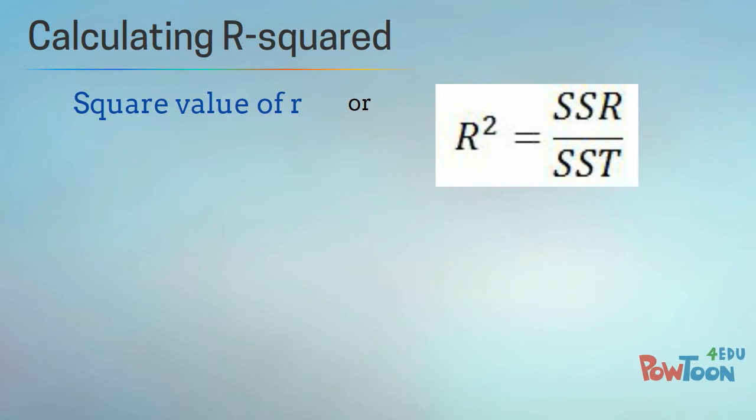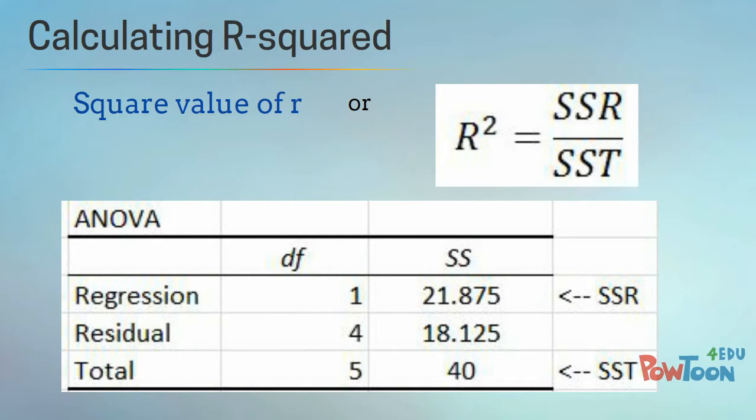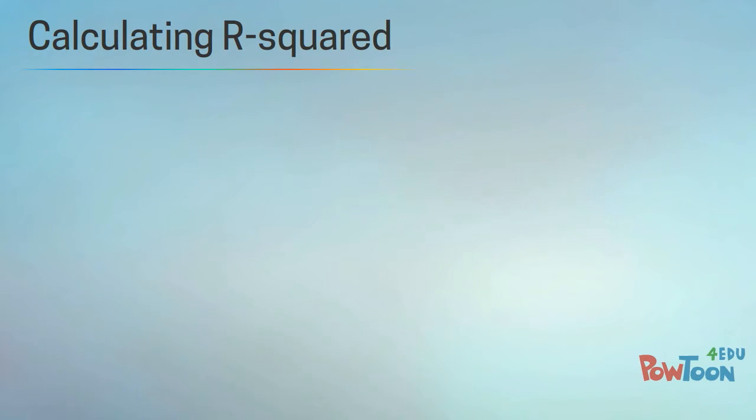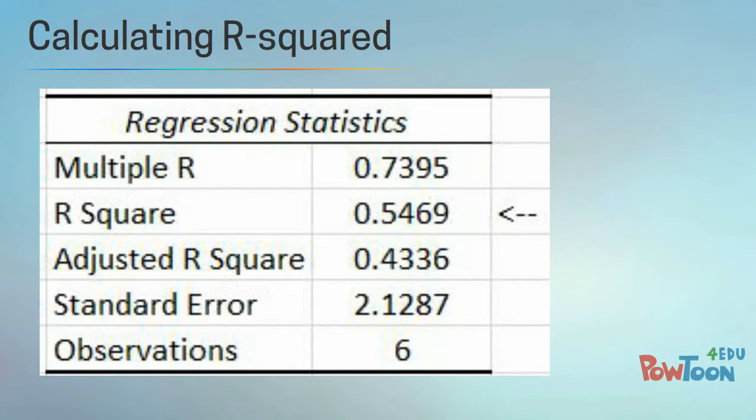R squared can be calculated by squaring the value of r, or by calculating the ratio of the sum of squares regression, SSR, divided by the sum of squares total, SST, which are both shown in the ANOVA table of the regression output. However, the value of r squared is shown in any regression output and is usually read directly. For example, in Excel, we see r squared shown in the summary statistics. For this sample data, r squared equals